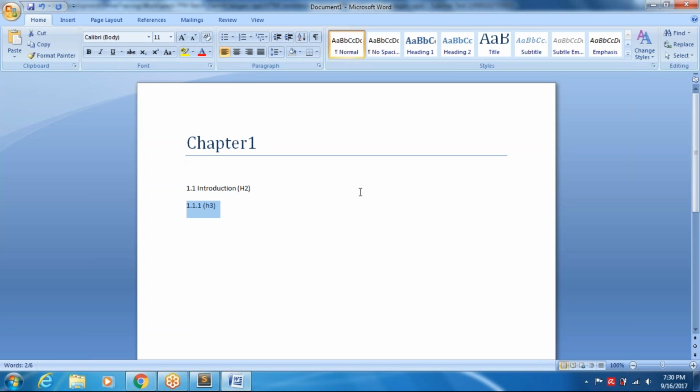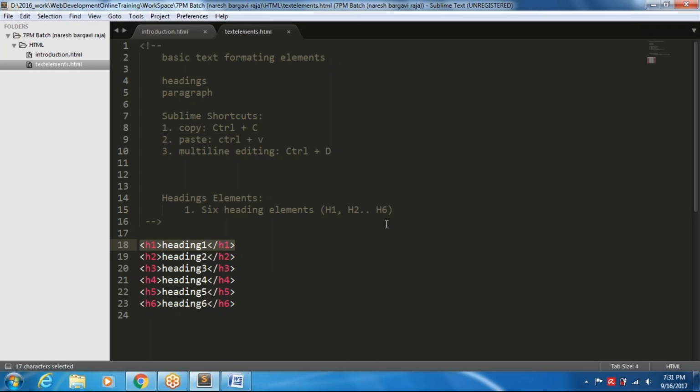Likewise, third level of heading, fourth level of heading, something like that. Based on the levels of titles that we are going to use in our document, title and the subheadings, we have to choose which kind of heading is appropriate. That is the actual tradition we need to follow, but most of the people are not going to follow this one. And one more important thing,